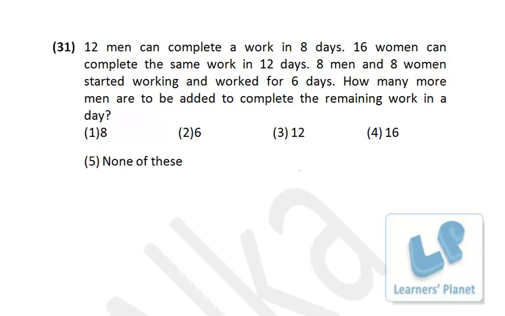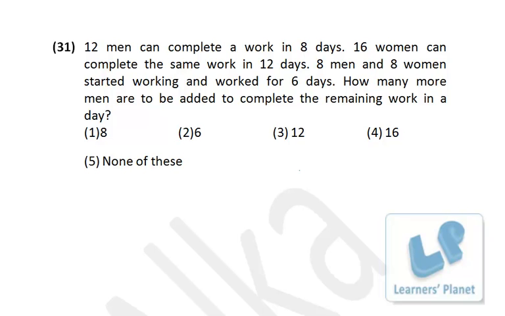Now we see this problem. 12 men can complete a work in 8 days and 16 women can complete the same work in 12 days. 8 men and 8 women started working and worked for 6 days. How many more men are to be added to complete the remaining work in a single day? That means precisely the work has to be finished in just 7 days, right? After 6 days, more men are to be added and we have to find out the number of this extra